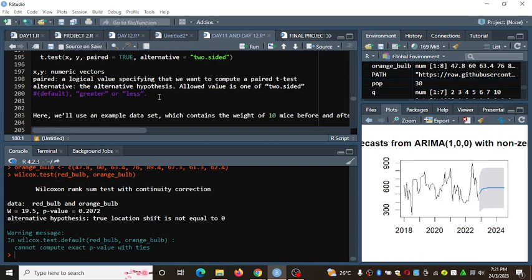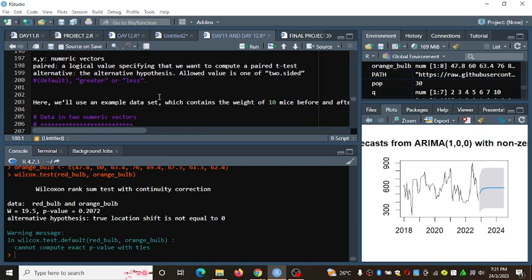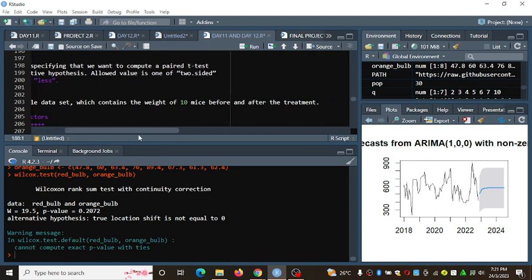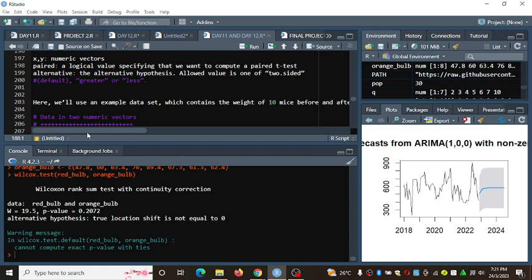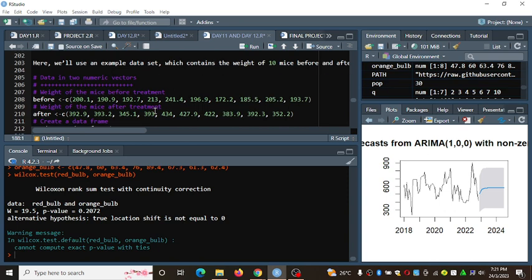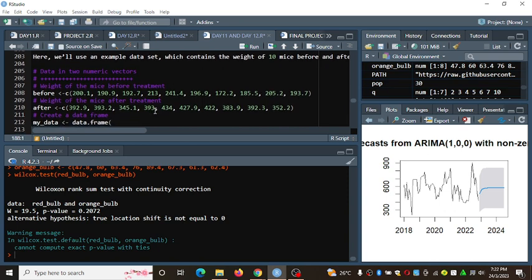Here we use an example of a dataset which contains the weight of 10 mice before and after treatment. We assume that the mice are sick. We record their weight and record their weight after they receive treatment.